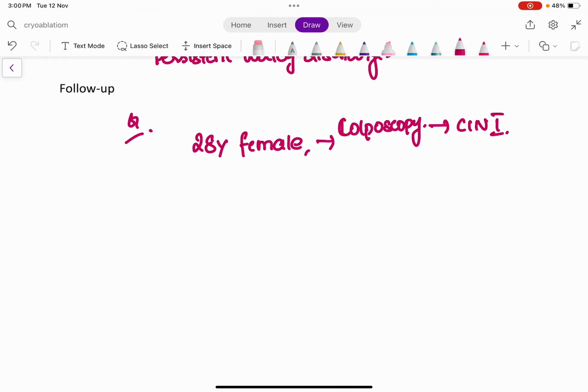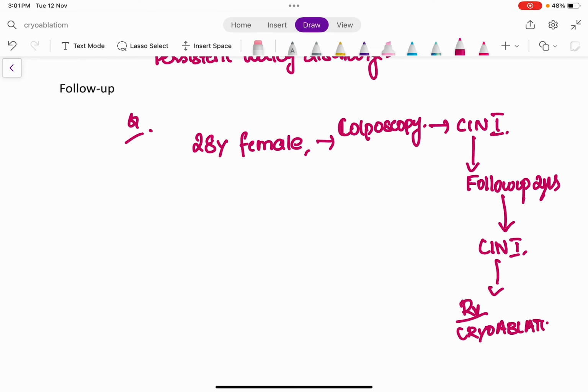Now I'm going to do colposcopy in her. While I'm doing the colposcopy, the report comes to me as cervical intraepithelial neoplasia type 1, and as cervical intraepithelial neoplasia type 1 has the maximum chances of spontaneous regression in the next 2 years, I am going to ask her to follow up after 2 years. So after 2 years, if the cervical intraepithelial neoplasia type 1 is present, then I have to do the treatment, that is